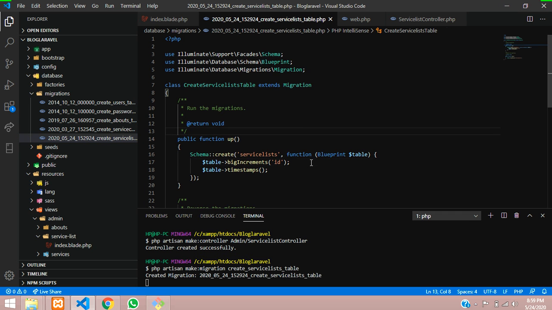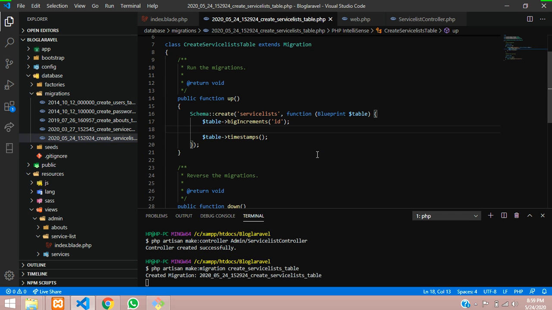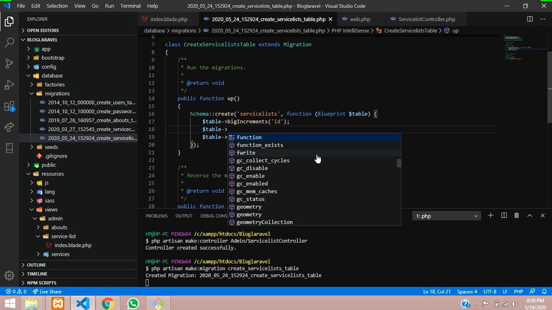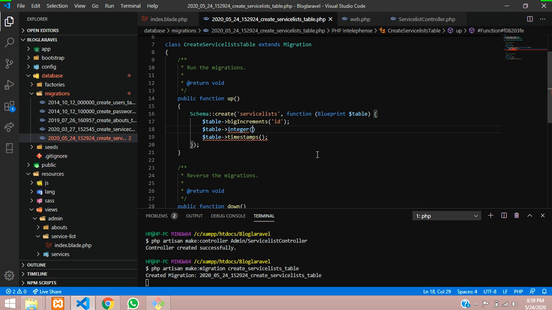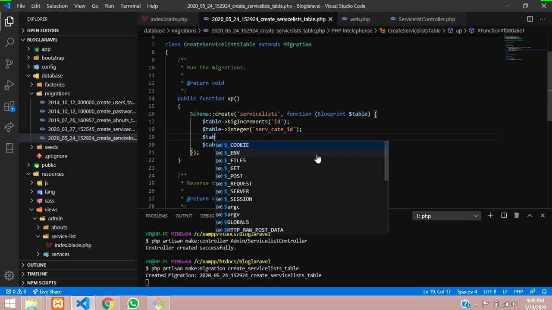So guys, first step, we will create one table, the $table variable, that is from it. Okay, and include an integer. First thing we are going to store here is the category ID. So you can just call it service_category_id. Done. And next one will be the name.